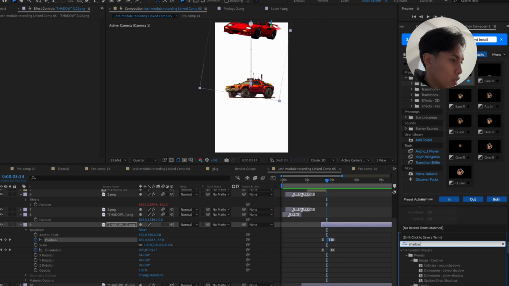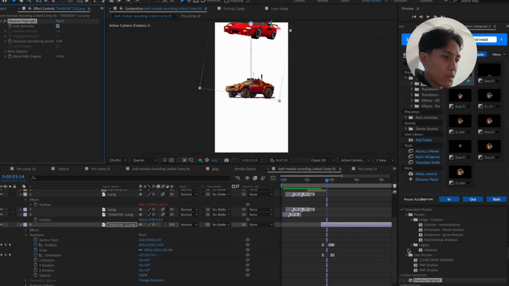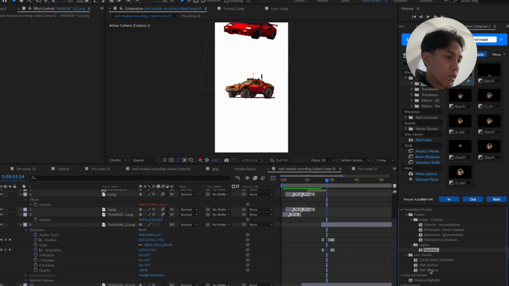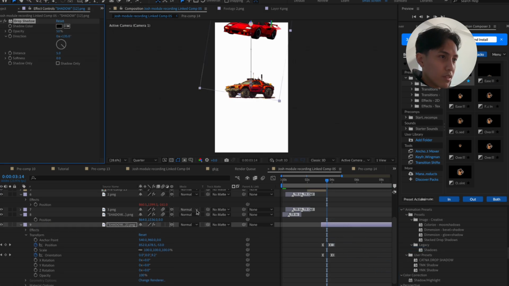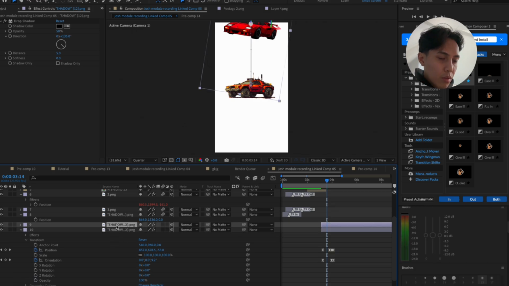Shadow. Let's see. Is it? Let's see. I believe it's this. No, it's not. It is drop shadow, actually. And then I'm going to essentially move it down, move the distance and everything. Let's see. Actually, you know what I'm going to do is I'm going to copy and paste this like that, so they're both exactly the same. The only thing that I'm going to do is I'm going to change the